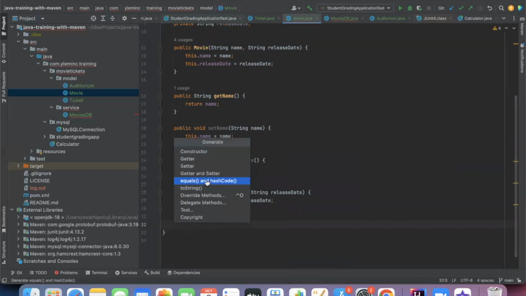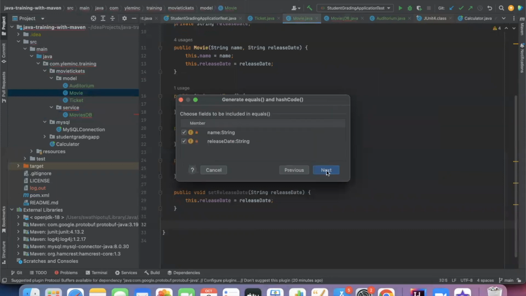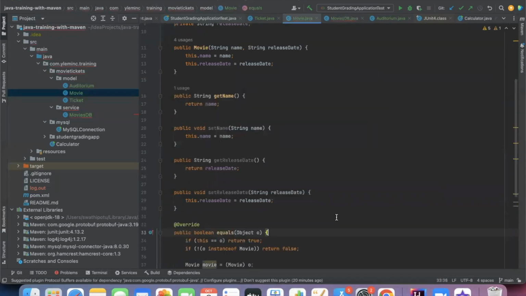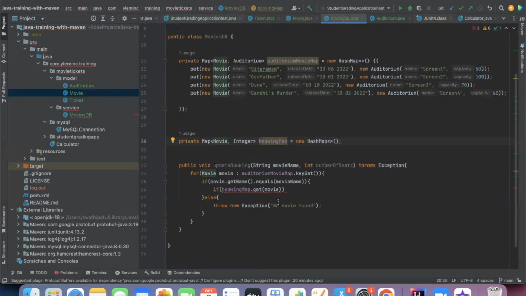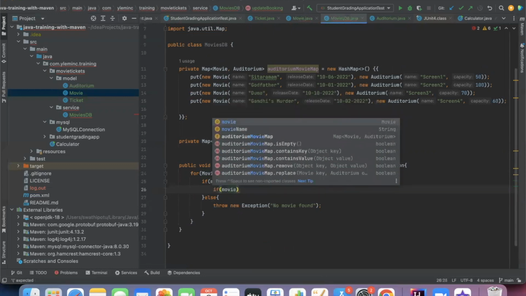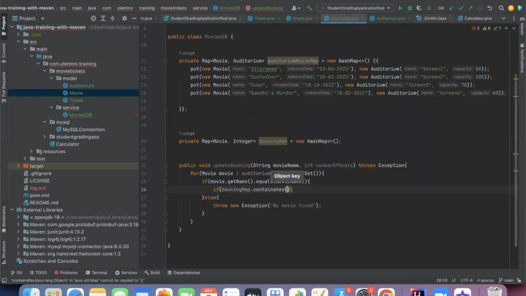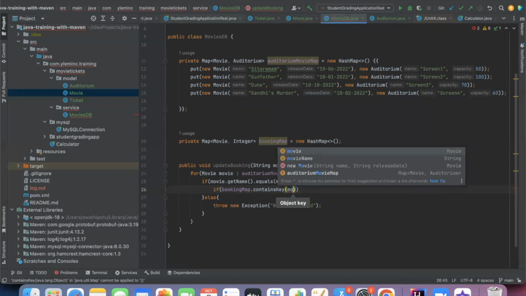So generate equals and hash code. Okay, I generated it. Let me put it in another way. If booking map dot contains key of this movie,